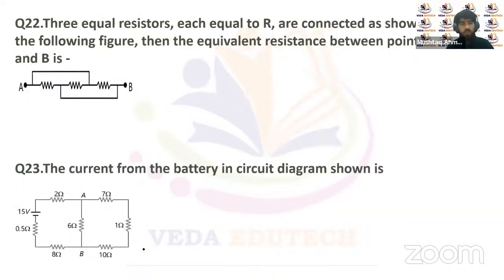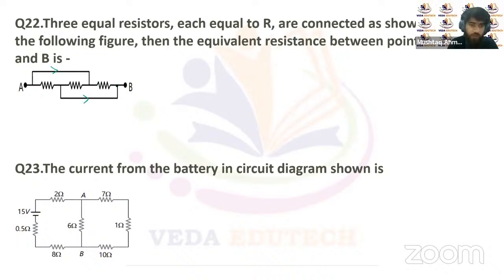Now let's move on to this question, the final question here. The three equal resistors, each equal to R, are connected as shown in the figure, and the equivalent resistance between points A and B is required. You can see these are the three resistors, and they have been short circuited